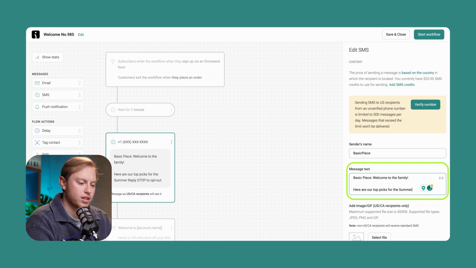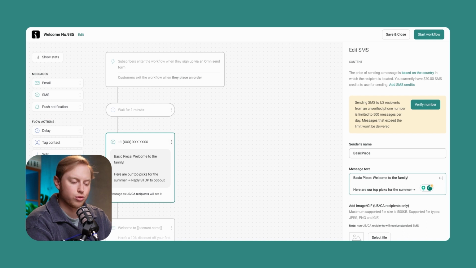so that we don't have to edit this too much every time the month ends. So here are our top picks for the summer. We don't have to capitalize that. And then we can make an arrow if we want to, or we can put a colon, a dash, up to you. I like the arrow, and we can say